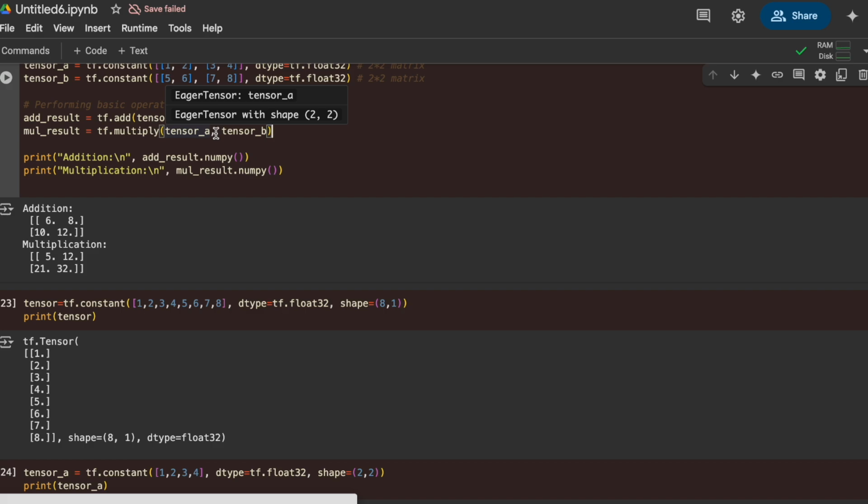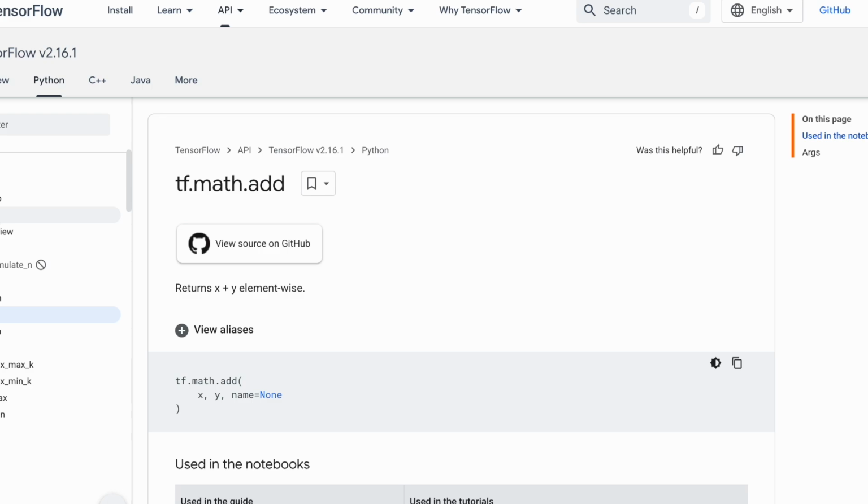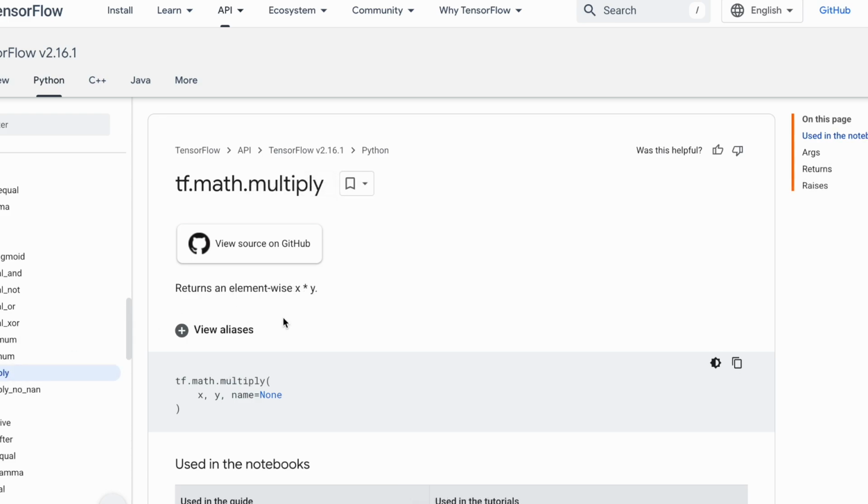It comes under basic mathematical operations. Here it is, tf.math. Everything is coming inside tf.math. So we can use it, and for multiply also, if I look here at tf.multiply,